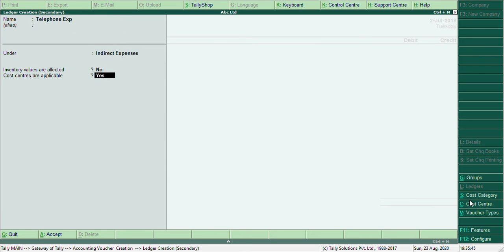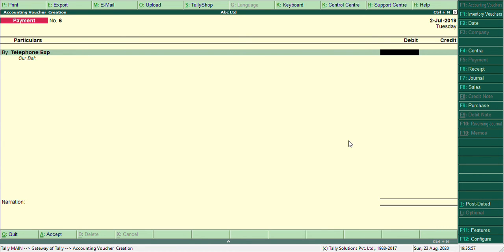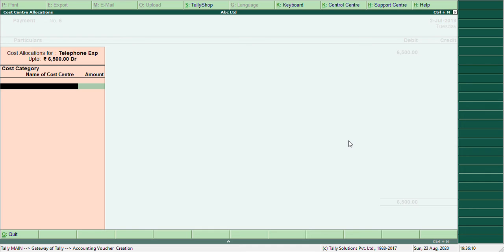You can see the cost centers are applicable for this ledger, yes or no. So you can keep yes if it is affecting. By default you will get it, otherwise if you couldn't find it, you have to enable it by pressing F12.